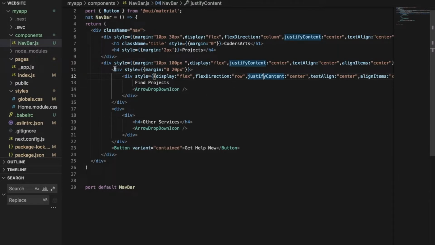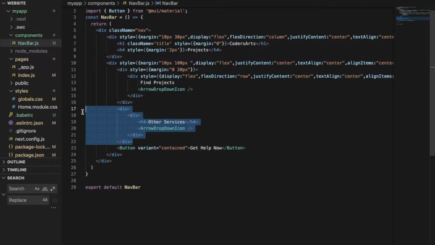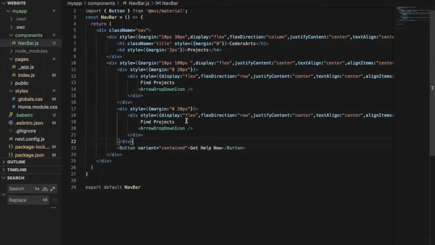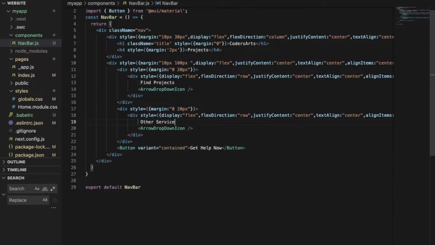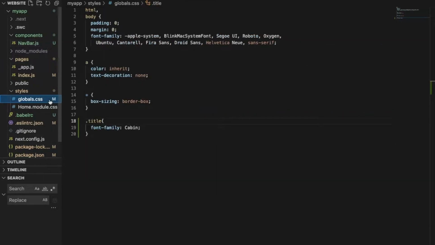And we'll copy this div and we'll place it here, and we'll change the text to other services, and we'll save, and we'll go to globals.css,